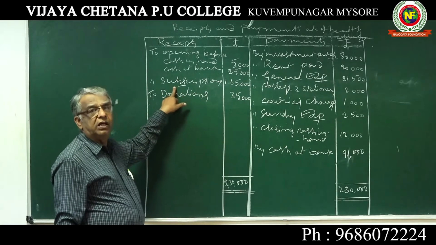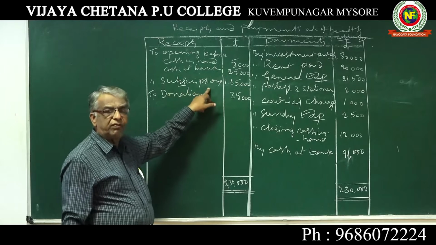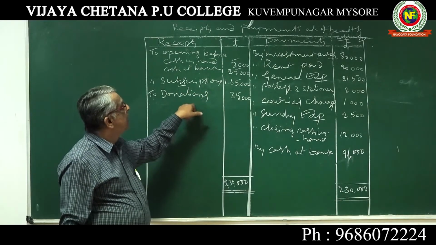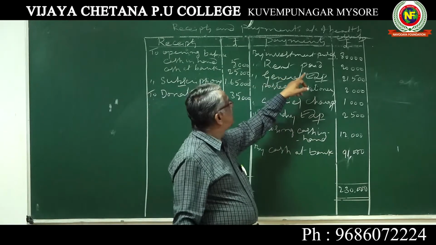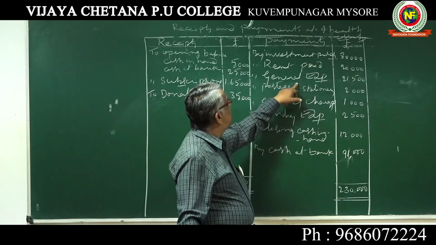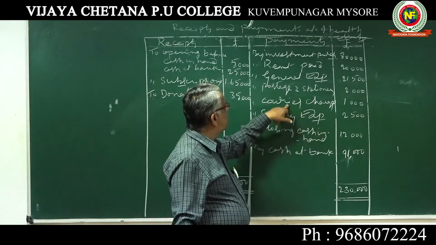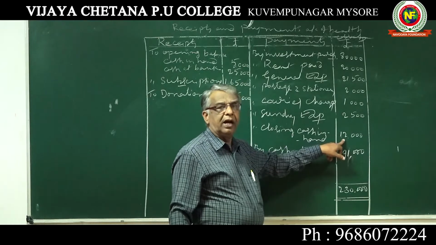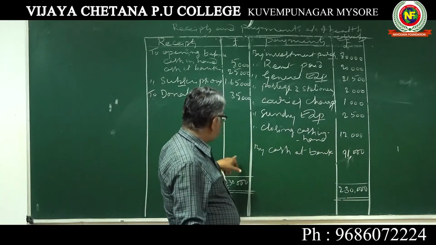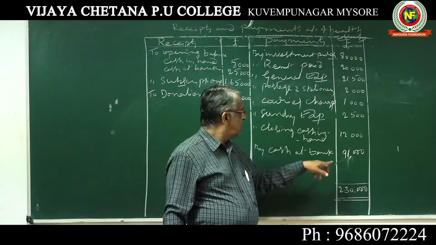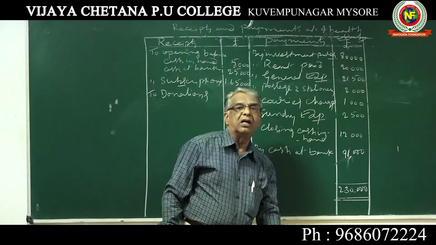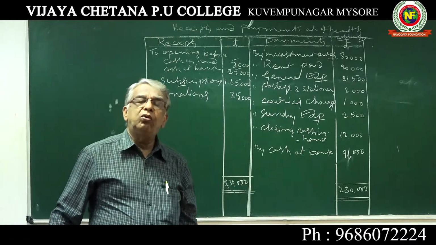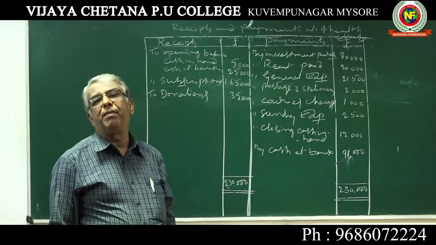And then whatever the amount received by the non-profit organizations, such as subscriptions from the members, and then donations received from the members or from the organization, and then investment purchase as an asset, rent paid, expenditure, general expenses expenditure, postage stationery purchase, courier charges, sundry expenses, and then the difference he has given closing cash. And now the difference between the receipts and the payment side represents the cash at bank. So I hope that, dear students, all of you have followed how to prepare the receipts and payments account.